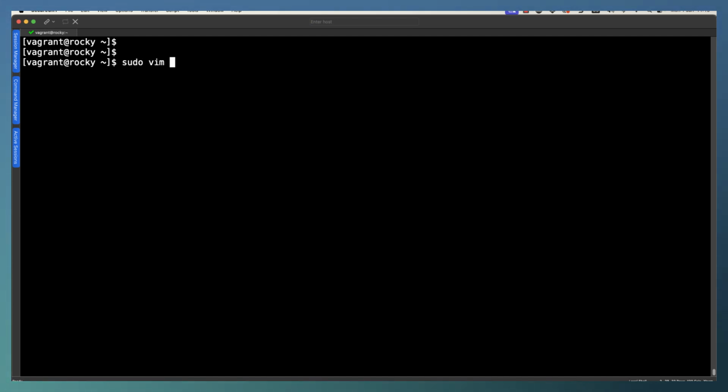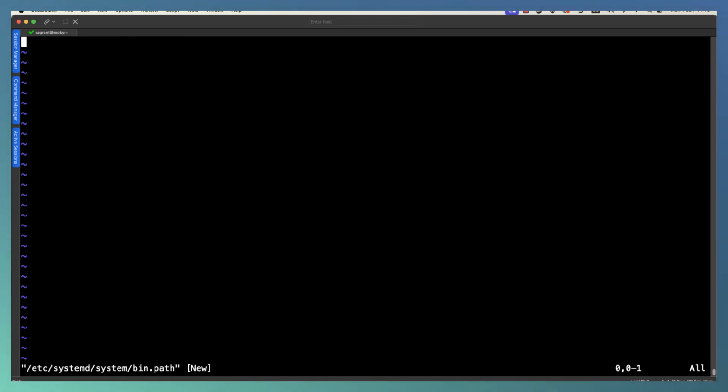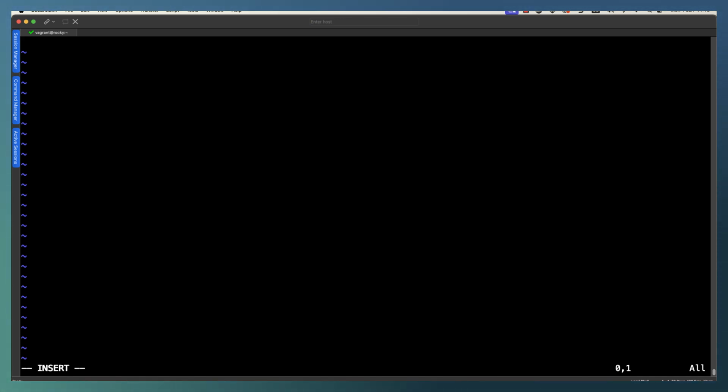So I'm going to edit a file, so if we use sudo and vim or nano, whatever you prefer, we can then look at our own custom entries. So /etc/systemd/system, and then we're just going to call it bin.path. We can put in then our common areas, and that's going to be for us a unit header. And typically we have a description.